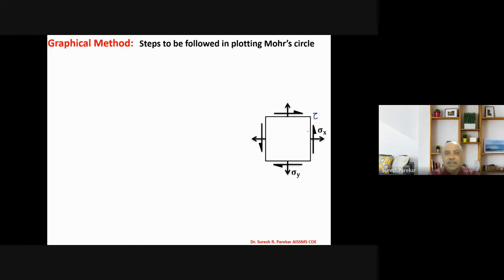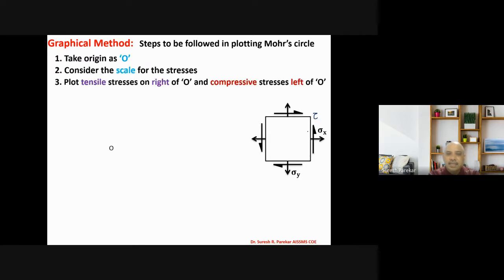Now we will plot it. So we have O origin, and then consider the scale for the stresses. Tangential on right side are considered as positive, compression negative on left side. Measure OA. So we have this point that is O point. We have this point that is A point. So we have converted your stress into scale, or by dividing scale we will get it in centimeters.